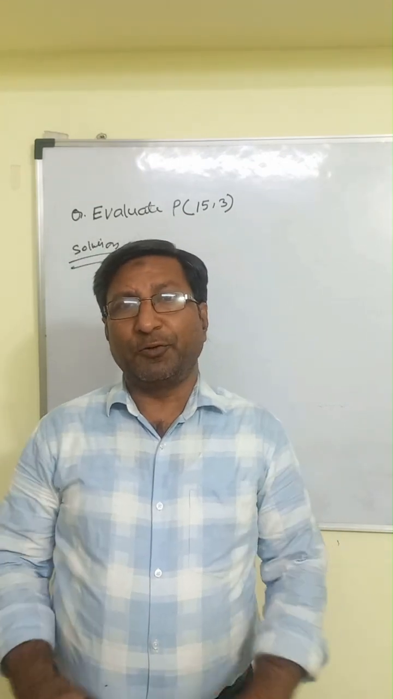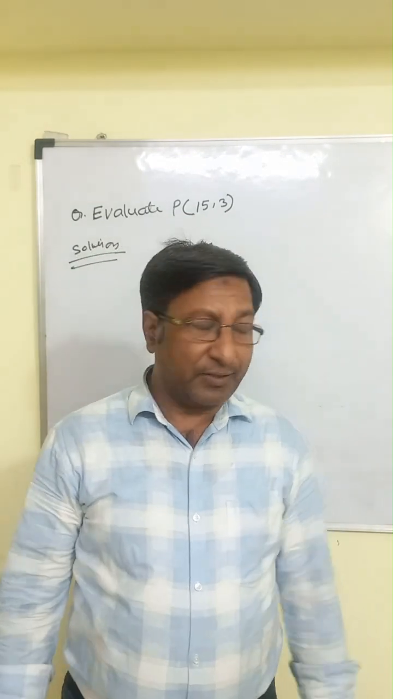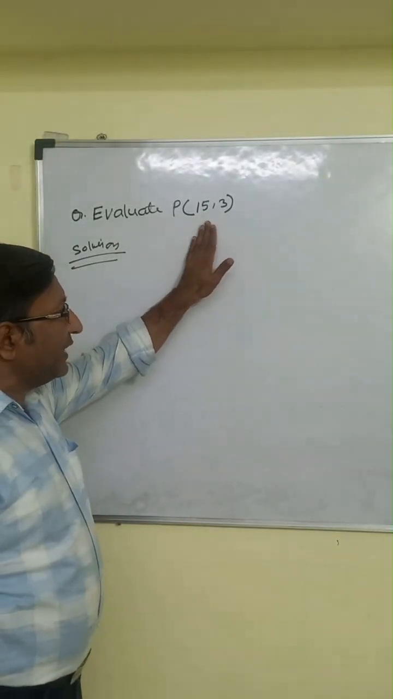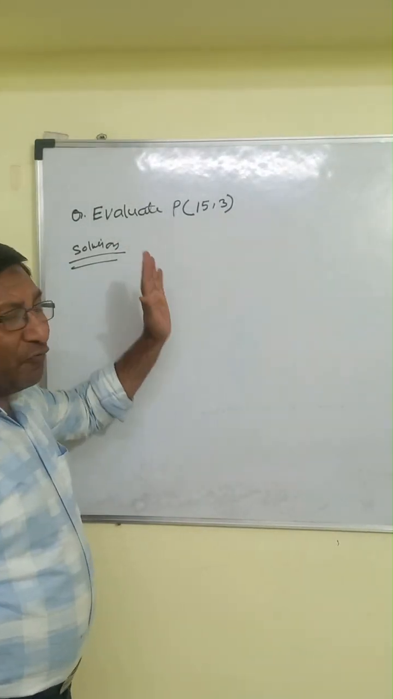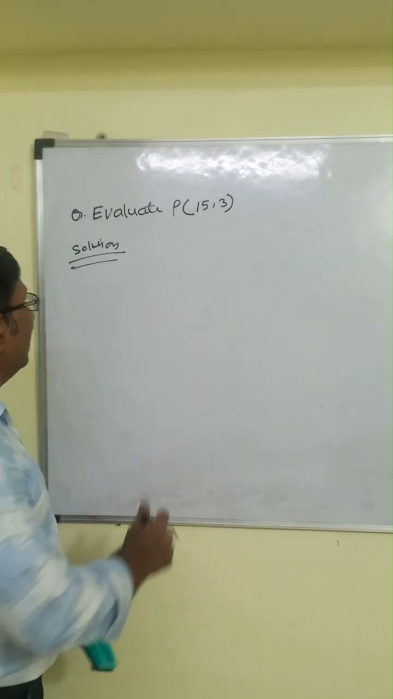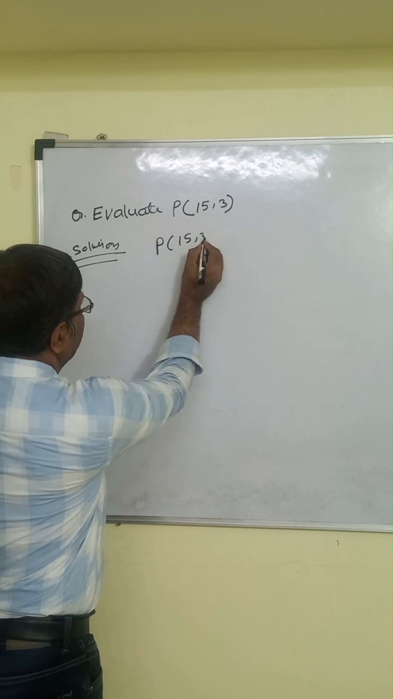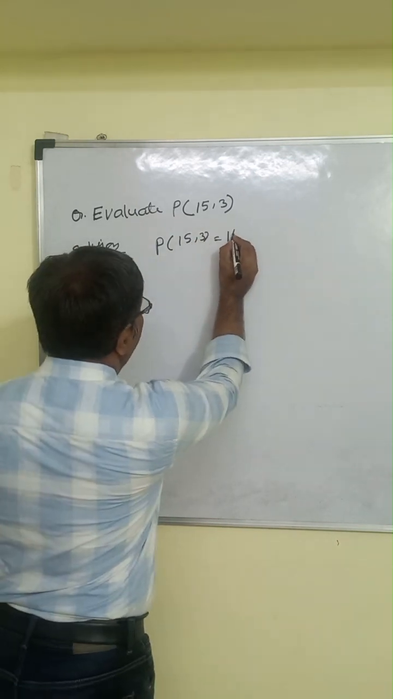Most important question of permutation. Let us see the question. Evaluate permutation of 15, 3. So we can find it in a very easy way. See, this is permutation of 15, 3. Means what? That is 15